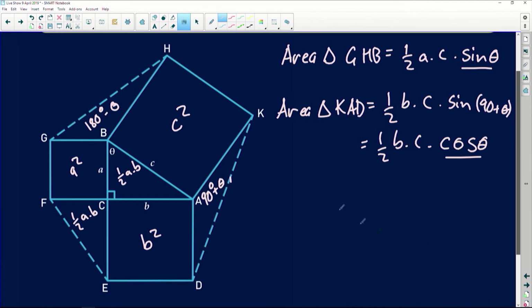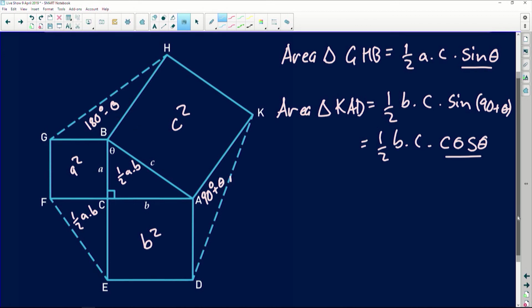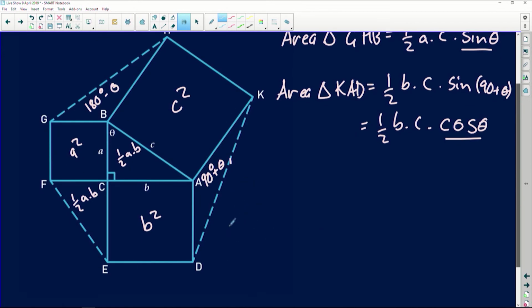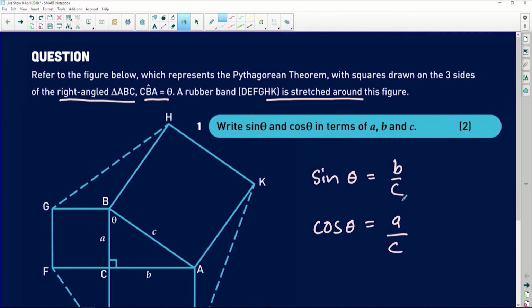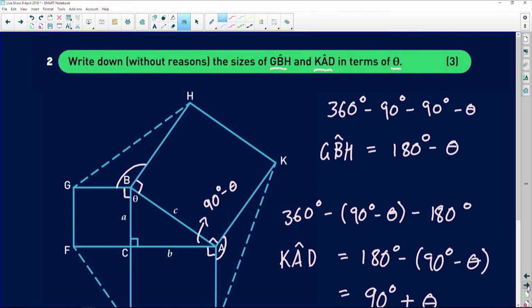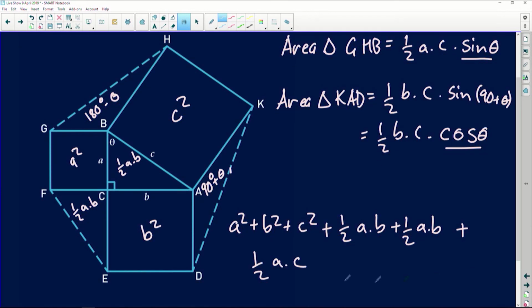So if I want to add up the total area, I'm going to substitute in the ratios that I found for those. So first of all, it's going to be a squared plus b squared plus c squared plus the other two that I found, which is a half a times b plus a half a times b again. Now I'm going to substitute in my ratios for the other two areas that I found. It's going to be a half a times c times sine theta. Now if I go back and look, sine theta was b over c. So sine theta is b over c